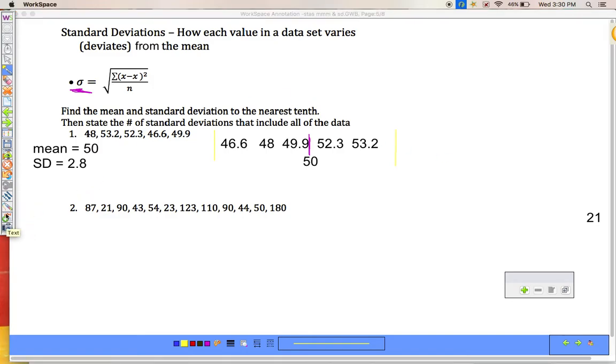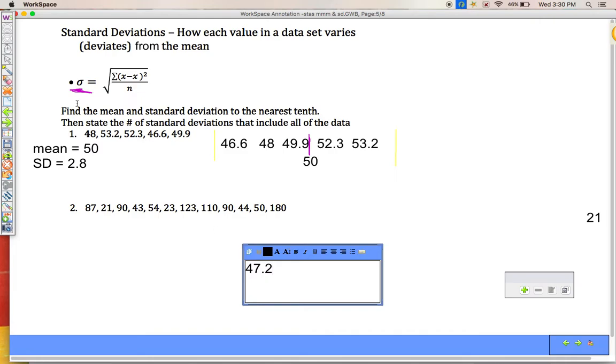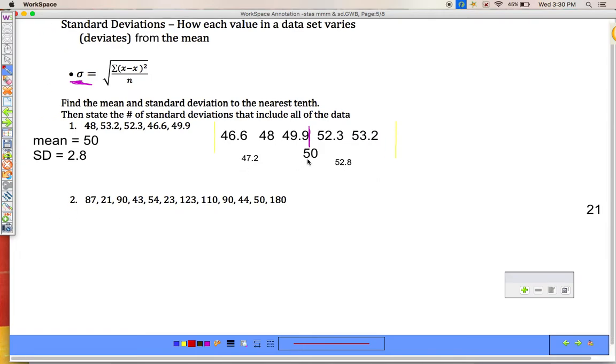All right, so I'm going to add 2.8, get 52.8. I'm going to subtract 2.8, get 47.2, which would be approximately here and here. Make these a little smaller. So if I add and subtract 1 standard deviation, it's going to put me at 47.2 and 52.8. Somewhere about here and somewhere about here. All right, there's still numbers outside of this, so what I'm going to do is add it again